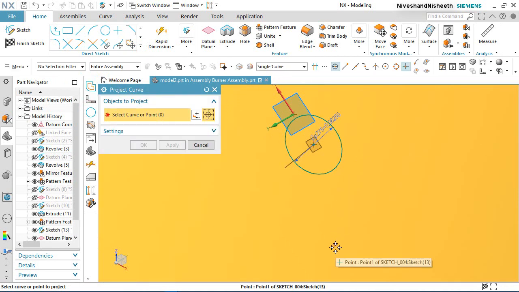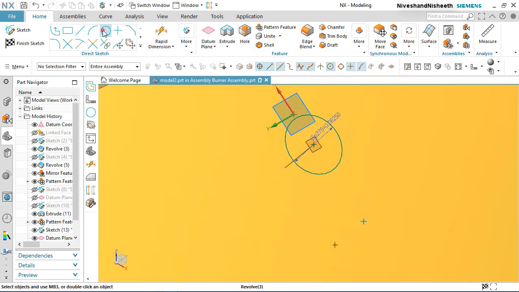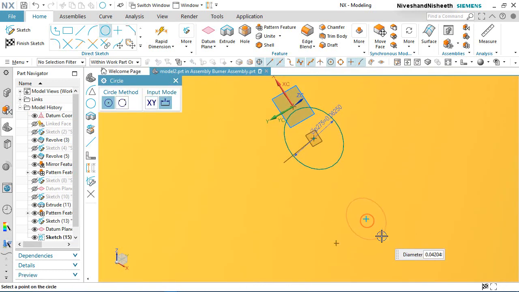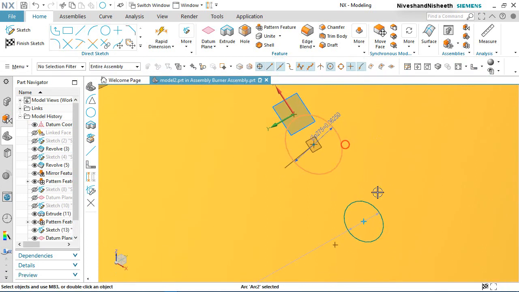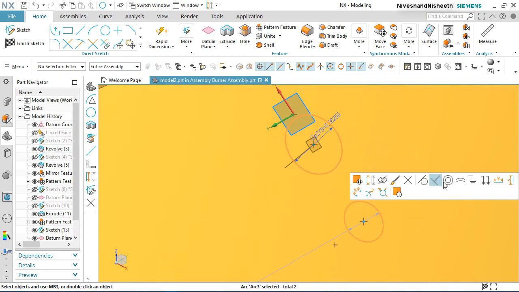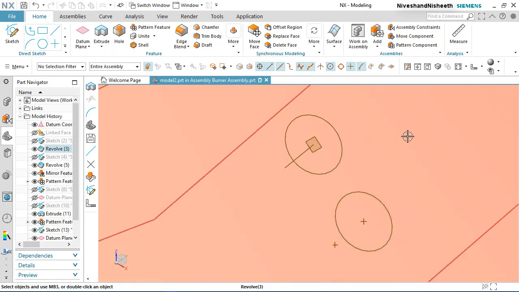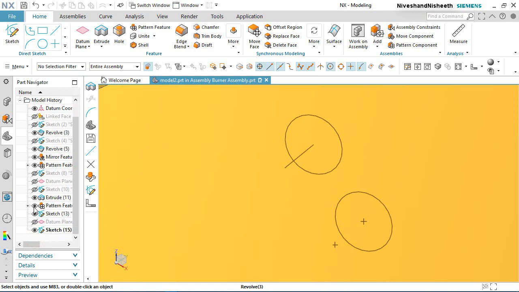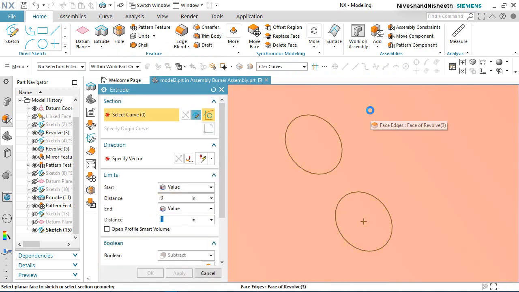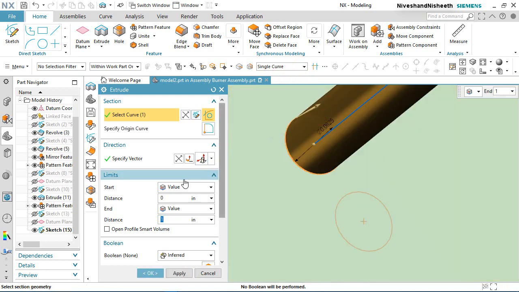Activate the projector command and select this point. Create another circle on this projected point. Apply the equal constraint between these two circles. Activate the extrude command. Select the circles one by one.